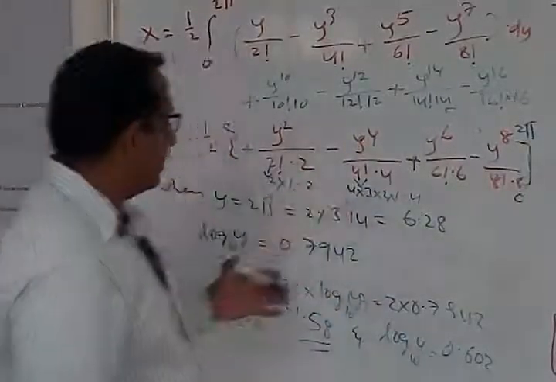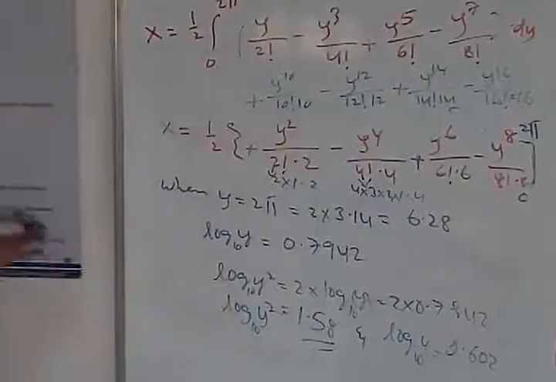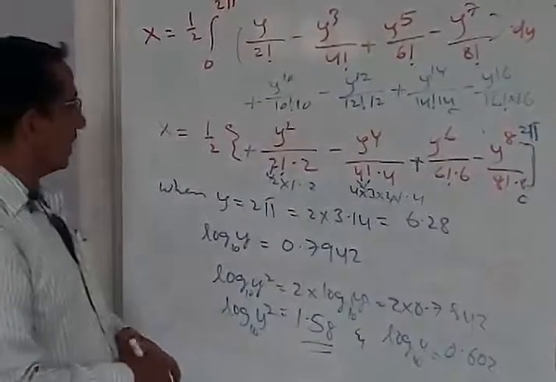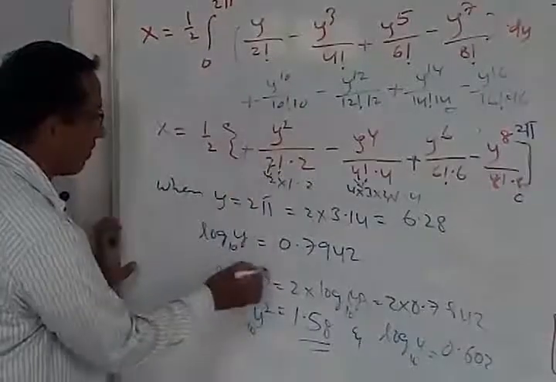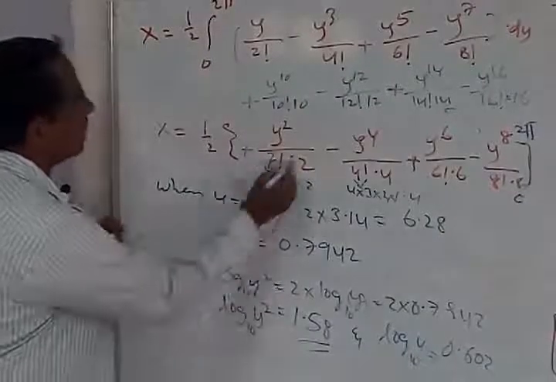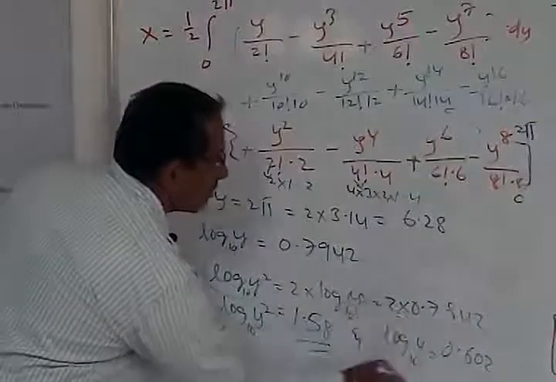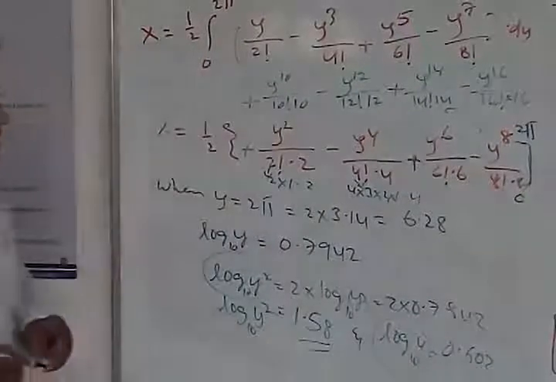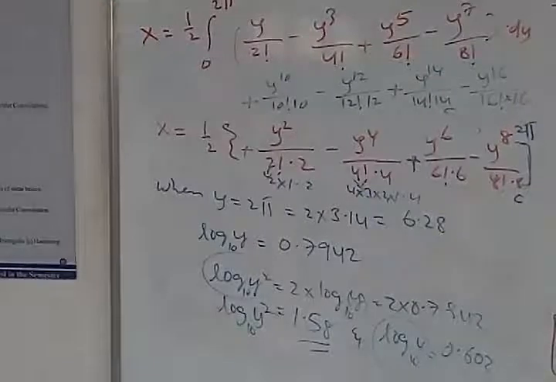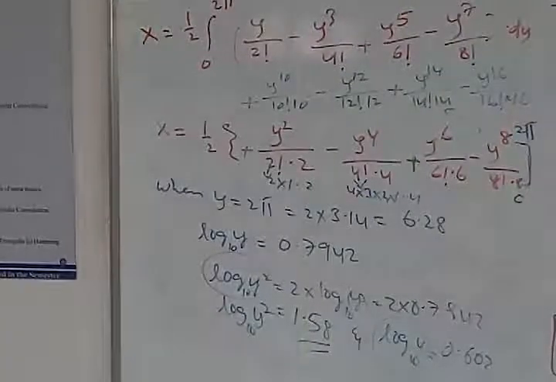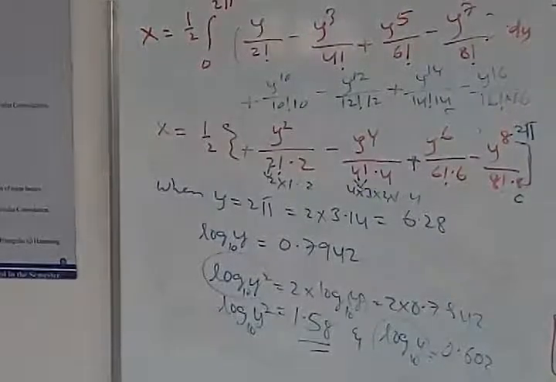Now after we get this, what will we do now? We got a value. See, this logarithm of y square we have got. Logarithm of 4 we have got. So logarithm of y square by logarithm of 4, we have to substitute now to get the value for y square by 4.